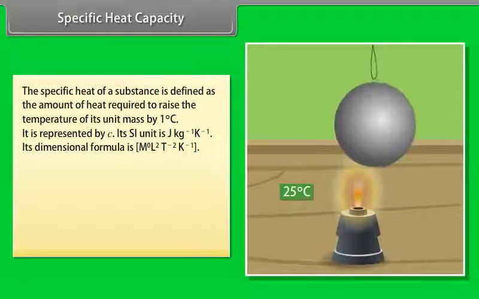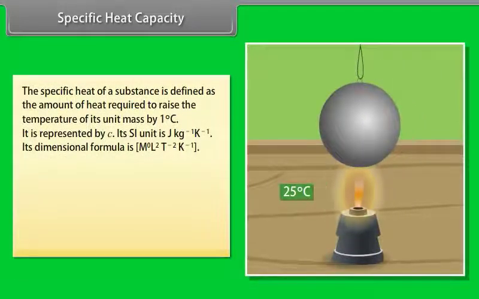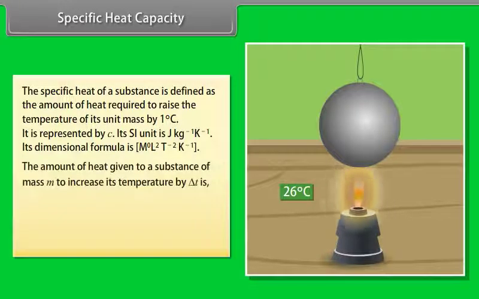Specific heat capacity. The specific heat of a substance is defined as the amount of heat required to raise the temperature of its unit mass by 1 degree Celsius. It is represented by C. Its SI unit is joule per kilogram per Kelvin. Its dimensional formula is M to the power 0, L squared, T to the power minus 2, K to the power minus 1. The amount of heat given to a substance of mass m to increase its temperature by delta T is